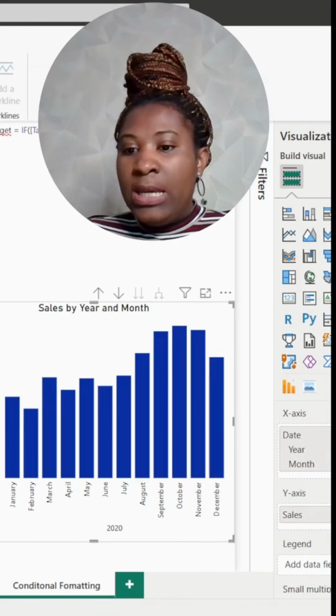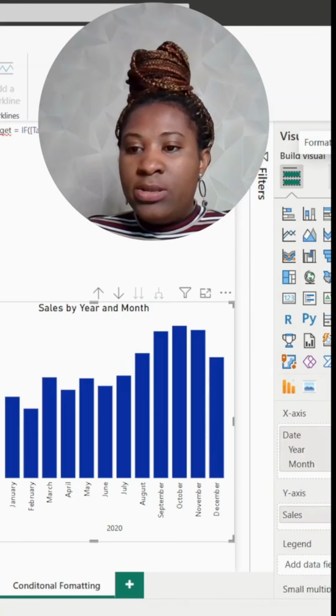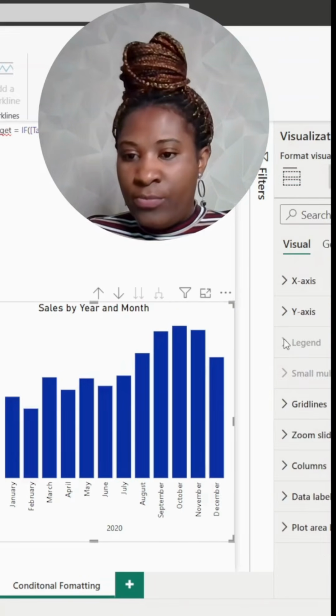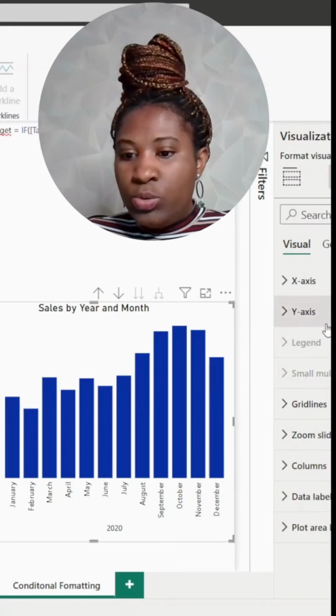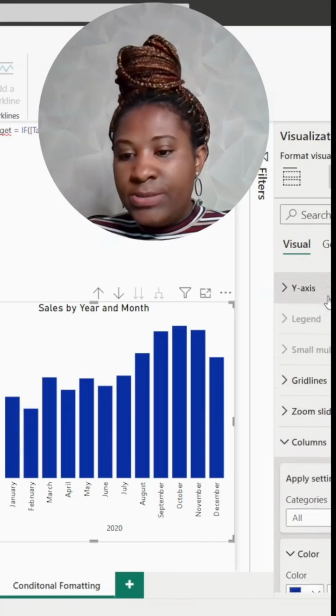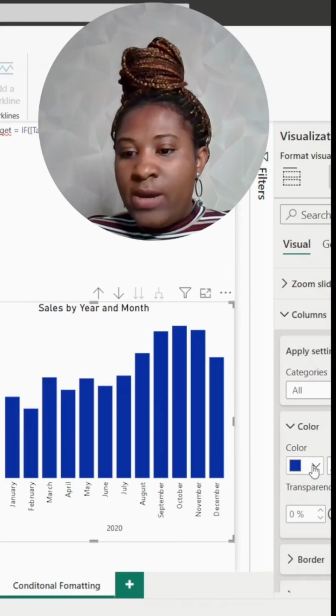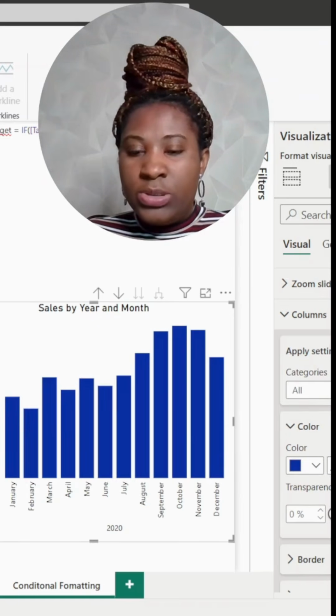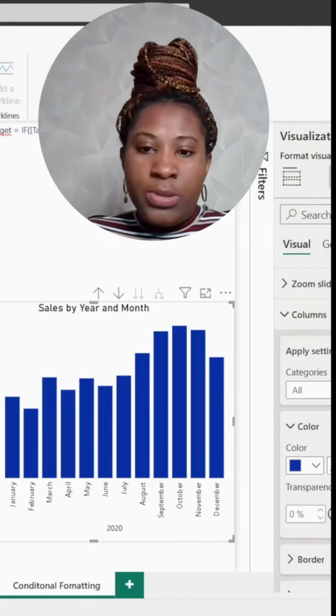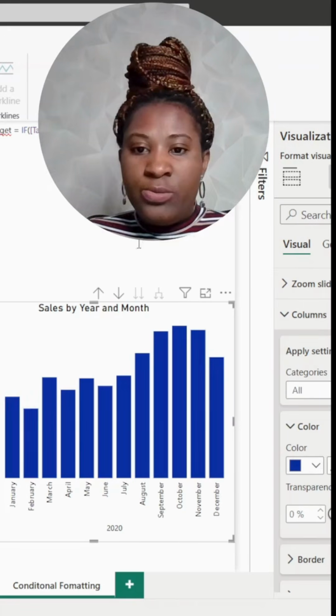Go here, then we click on the columns. In the columns section we have the color, so we would want to use a conditional formatting for that. So this is our conditional formatting. We are going to base it on rules. So for the rules, we are being asked which field we should base this on, and we are going to base it on